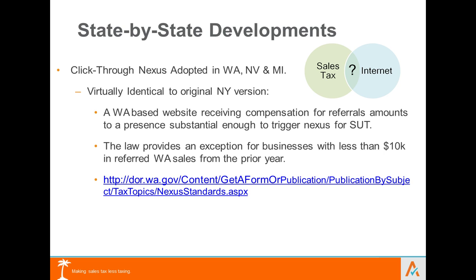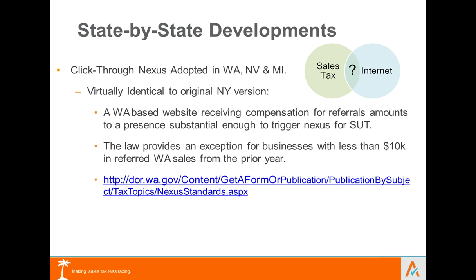And in Washington and in many states, they do have a small seller exemption. In Washington, it's $10,000, so it's really small. What that means is if you're making sales in Washington through an affiliate arrangement like this, if your annual sales in Washington are under $10,000, Olympia is not interested in you. But frankly, if you're making sales less than $10,000 a year in Washington, Olympia is probably never really interested in you. So it's not really much of an exemption. That's how it works, though, guys.